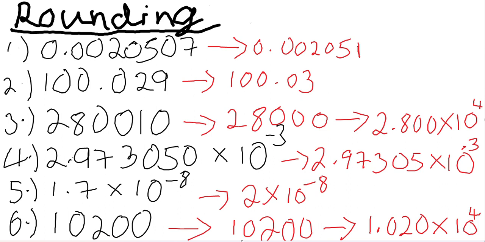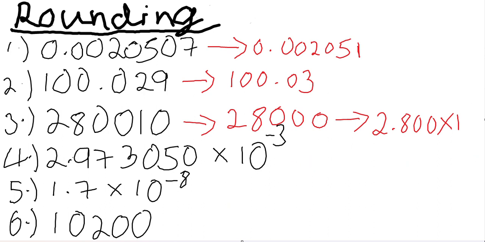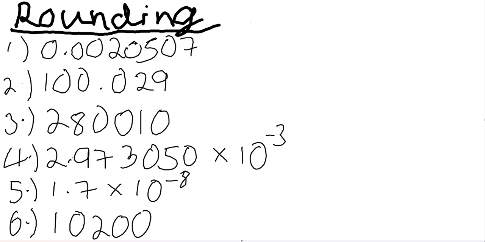What if we wanted to round them to 2 less sig figs? Let's see how to do that. Let's undo our work and try to round it to 2 less sig figs for each one of them. All right, so 2 less sig figs for the first one would be from 5 sig figs to 3 sig figs. That would be